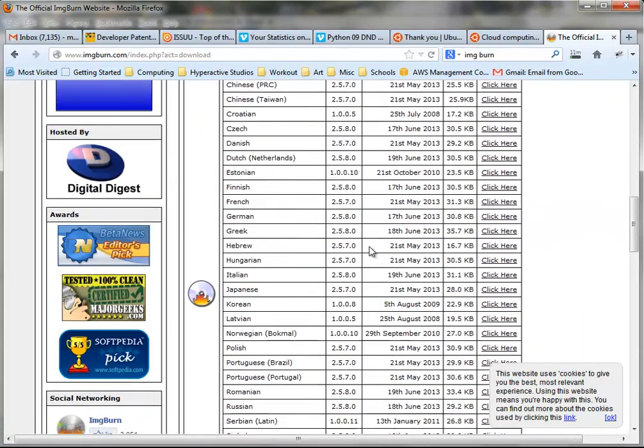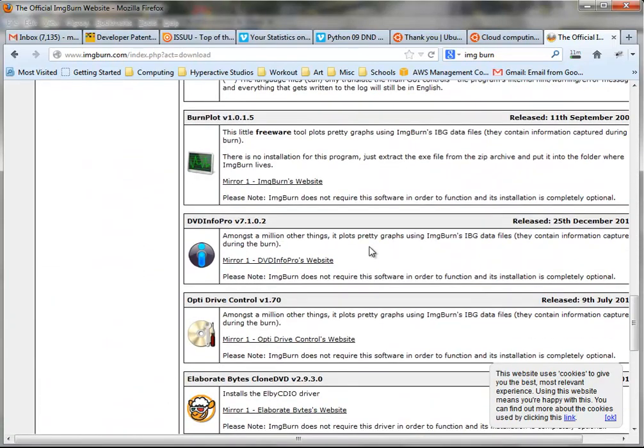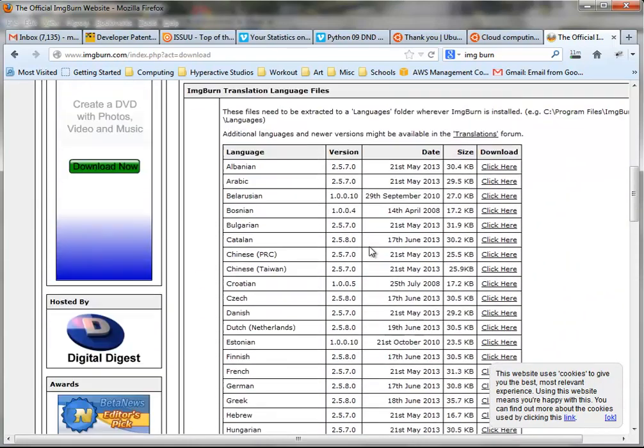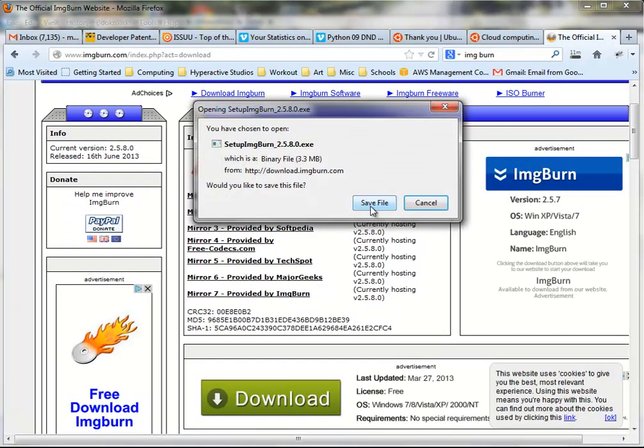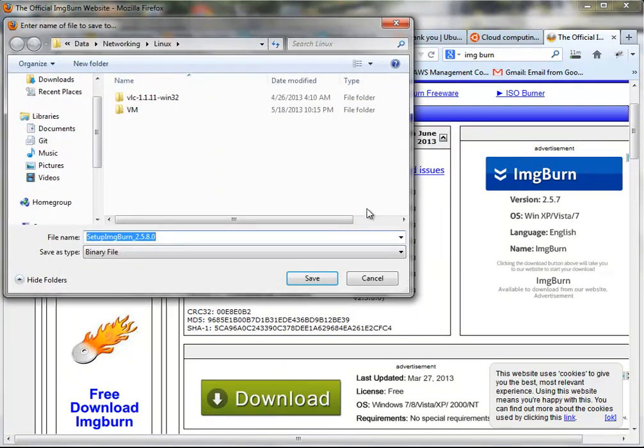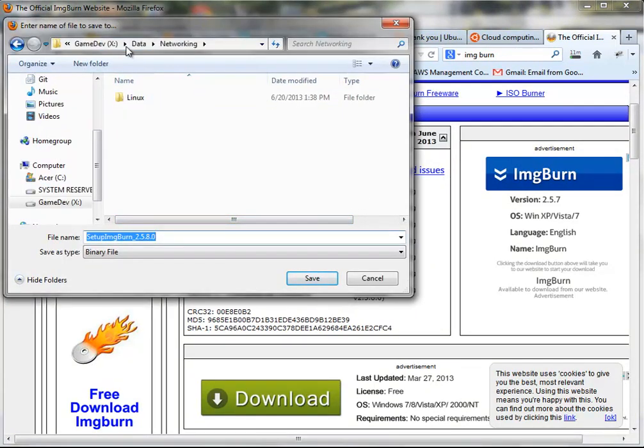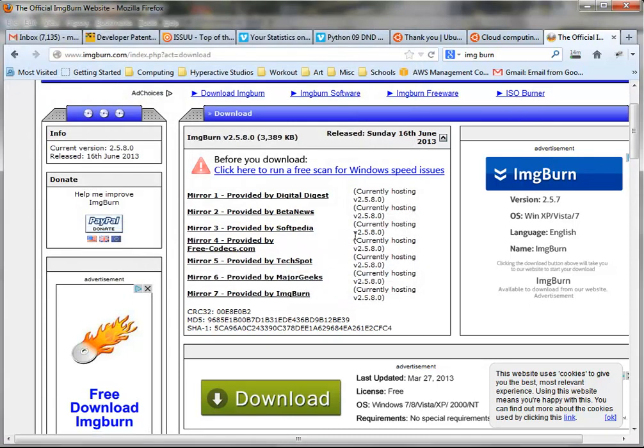And they got lots of stuff we're probably not interested in. But it's okay because the one we're interested in here is this right here. This is ImageBurn. Any of these right here would work. And I can download provided by ImageBurn if I like, which I'm going to do because I don't want to deal with the other things there. Put it nicely. I'm going to say save,